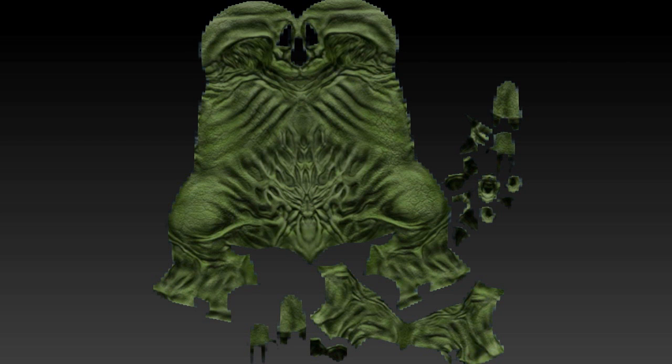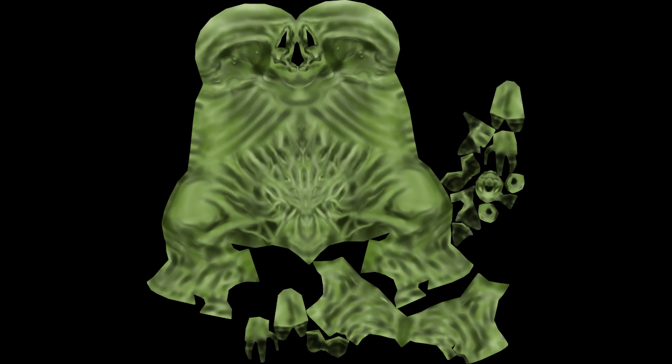Here's the UV map. That's the texture map, to be specific, right there. Here's the actual texture map in raw form. This is what I'm showing you guys right now. This is the Photoshop file. That's the raw Photoshop file. So there it is. There's your color information right there.